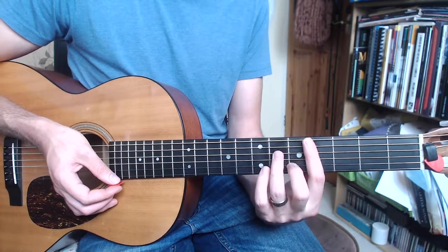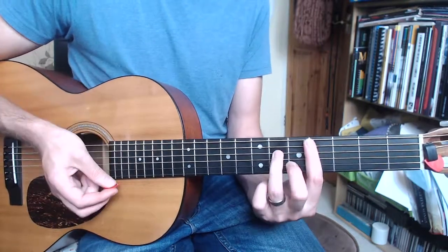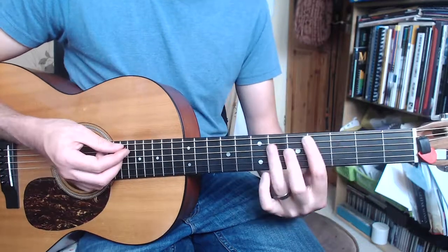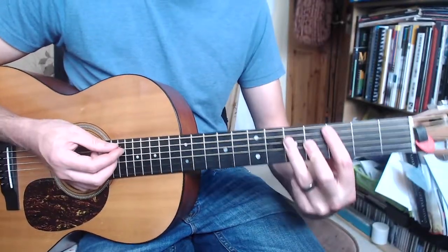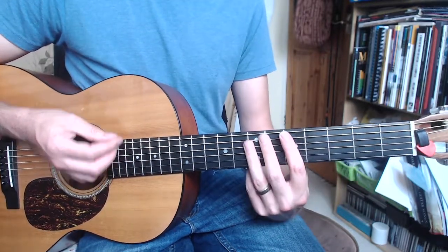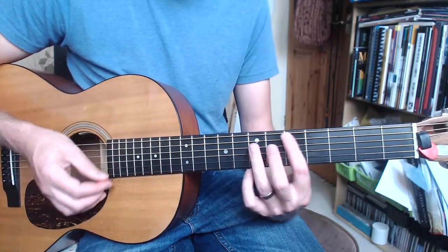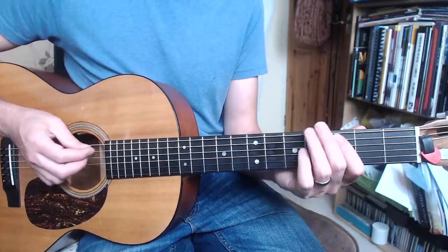Okay, then back to the C sharp or D flat minor 7. And then we're going to do our bar chorded C, and then slide up to a bar chorded D, which is exactly the same as a C chord, just slid up 2 frets. If I read out the frets, you would get nothing, 5, 7, 7, 7, nothing. So all together we've got